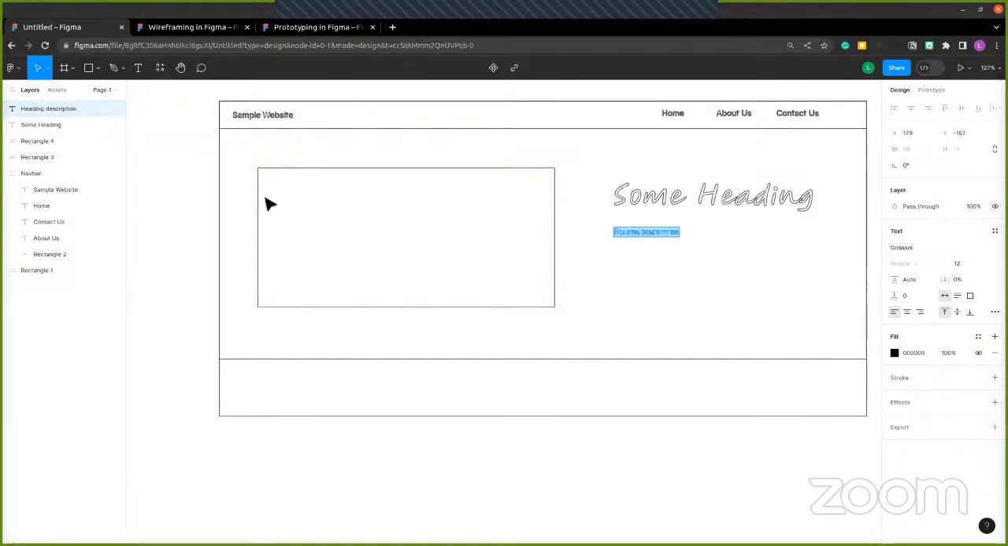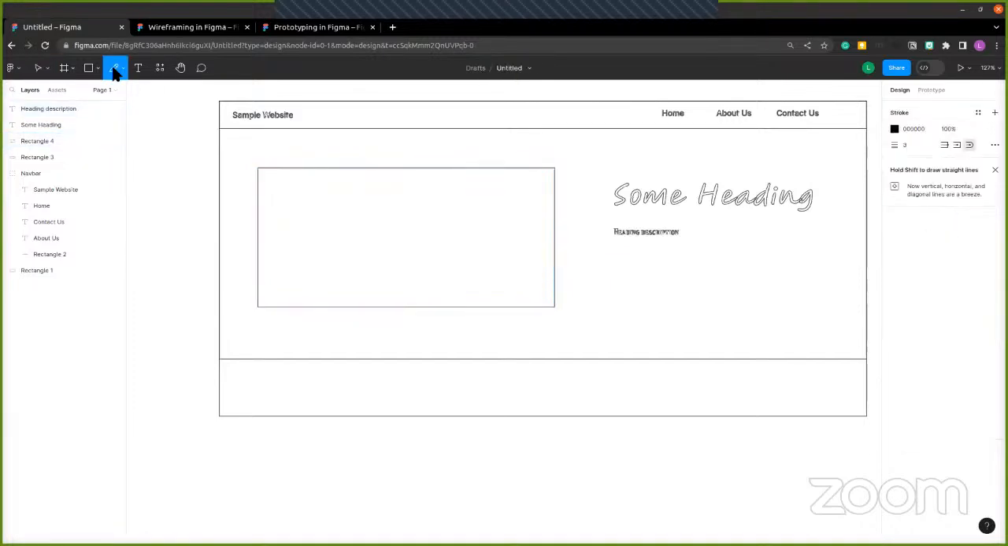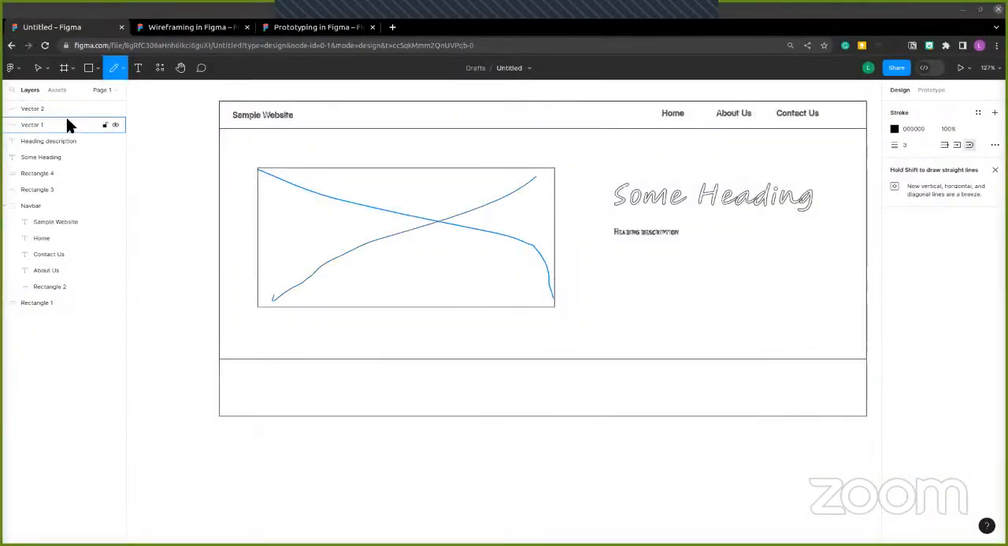Okay. The image goes here. I'm drawing just a line for now, because some image goes here. So and there would be some text out there. Let's see. So this rectangular box, rectangle 3, rectangle 4, some heading, some description or some vectors goes on the, what we call it? We call this as